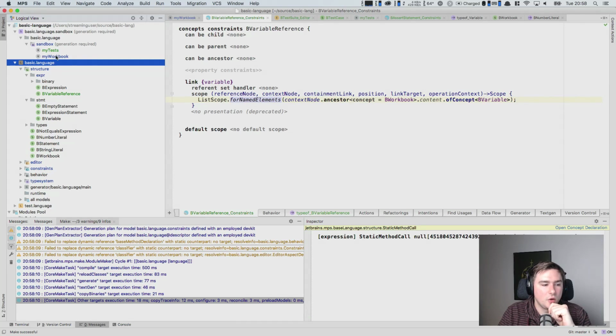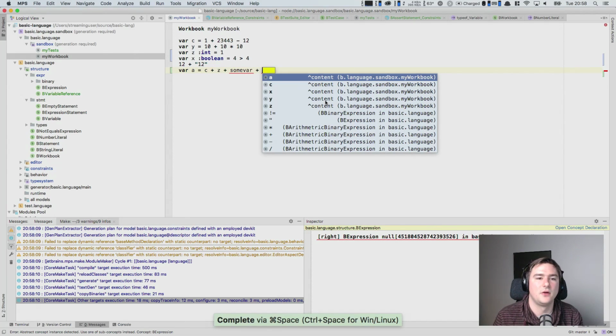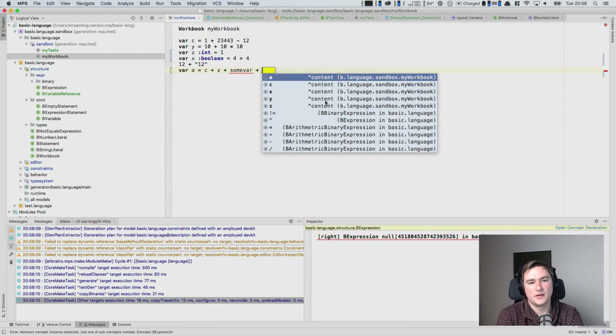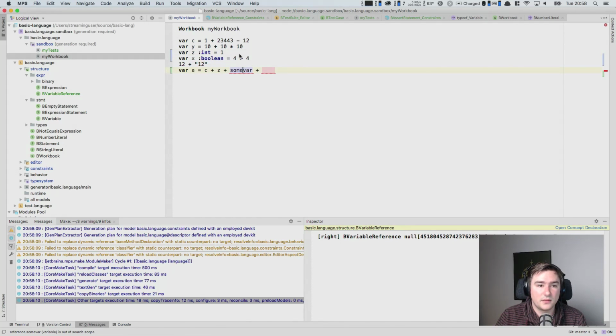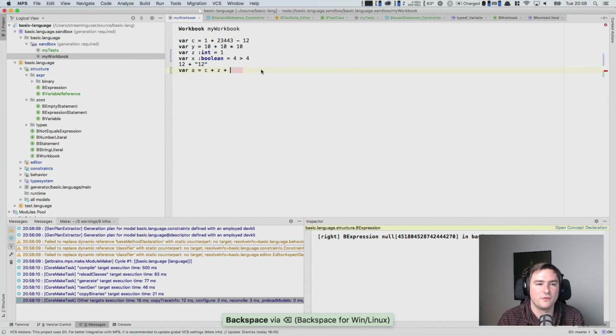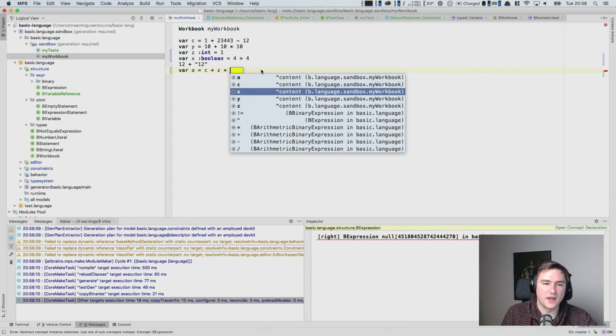Do that. Go back to the workbook here. And now if we open the context assistant here, what we can see is that all the other entries from the code completion menu, for instance, the sum var, are gone. And also sum var here complains that the reference to the variable is out of search scope. We have now implemented the first scoping for our language, which allows us to select variables that are defined in the same